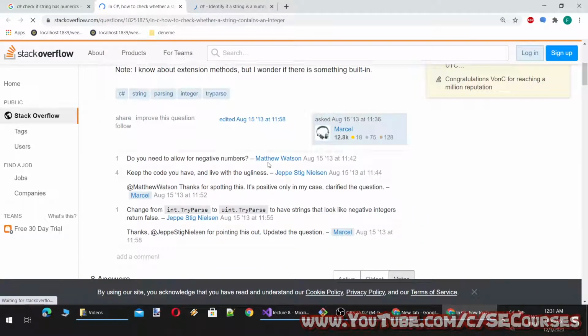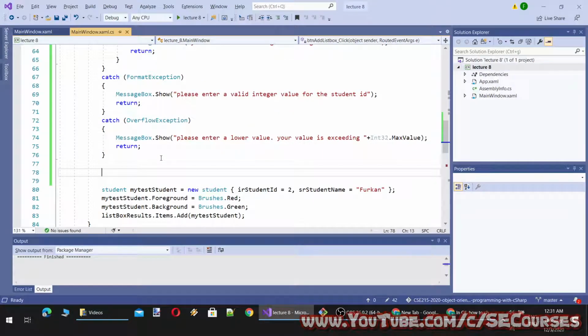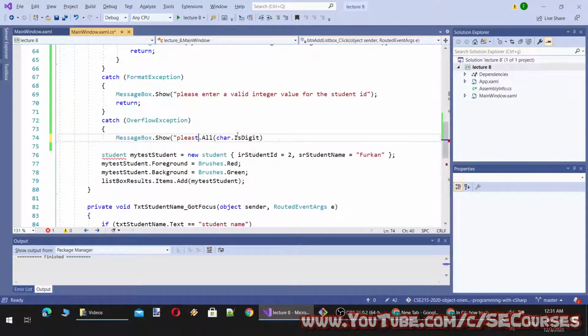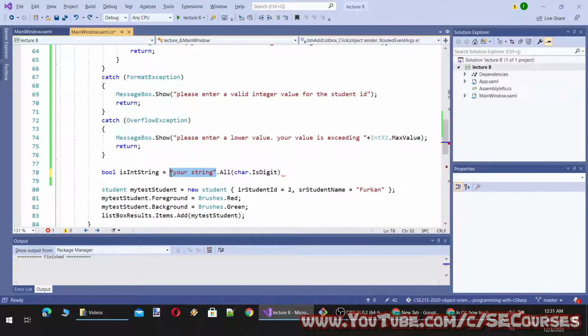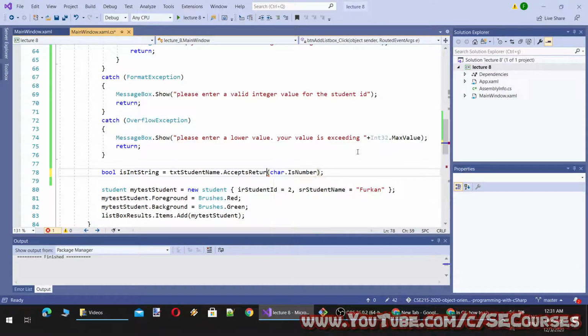So in a name, there cannot be numerics, and to check that, I'm going to say char is any digit, IsNumber, and I will say Any. Yeah, this looks like working.